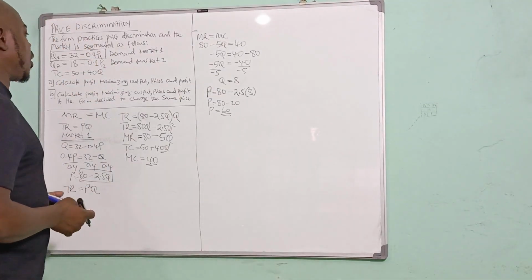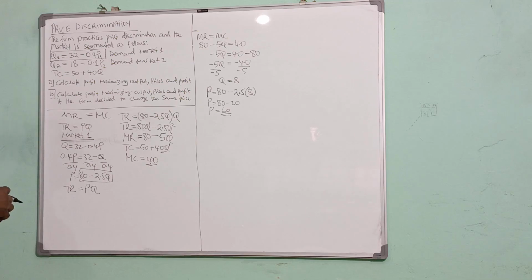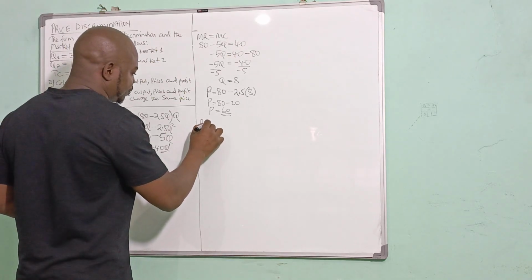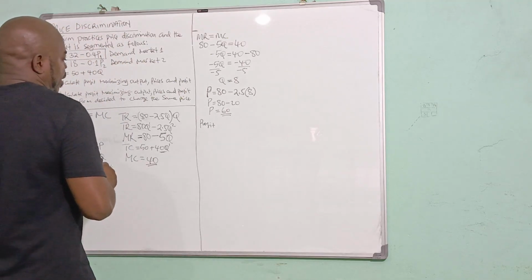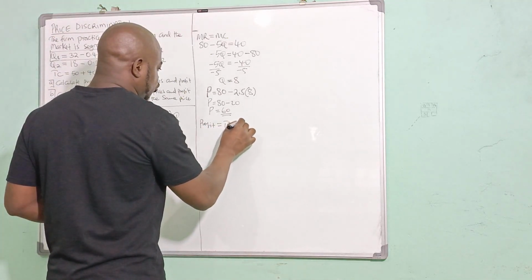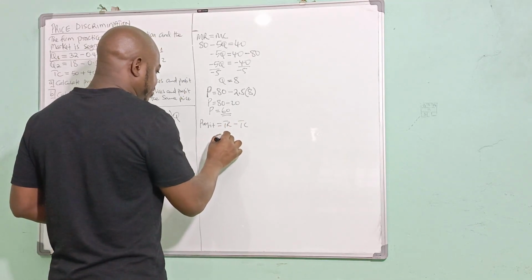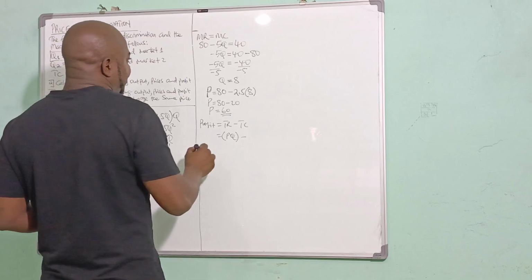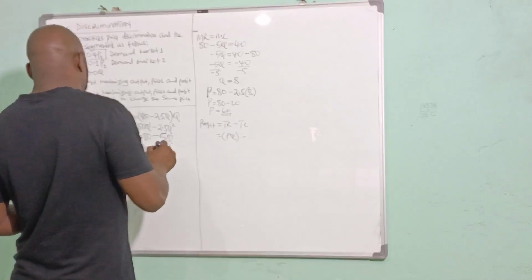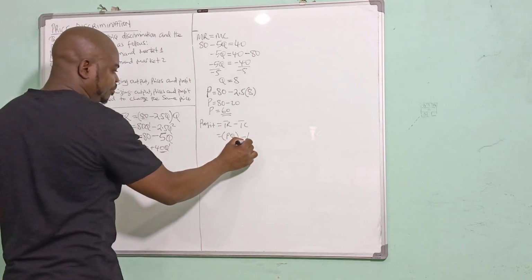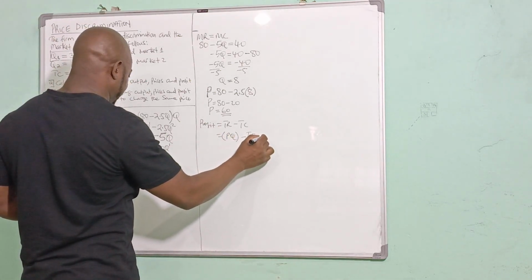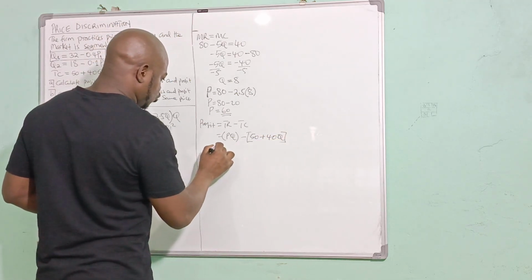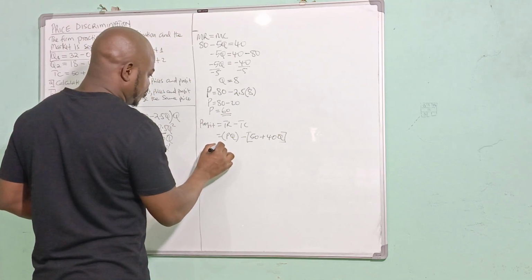Alright? So I found the price and the quantity. Alright? So from here, I can find the profit. My profit is total revenue minus total cost. Total revenue is given by price multiplied by quantity. And then the total cost function I have here is 50 plus 40Q. So total revenue is price is 60